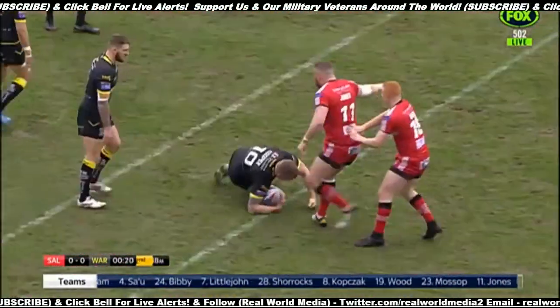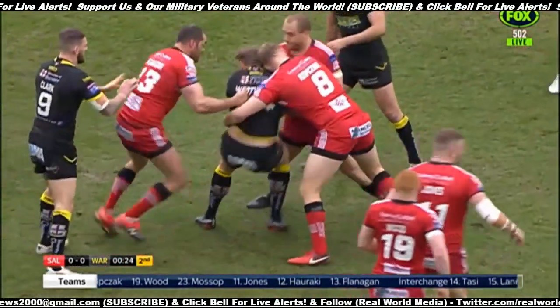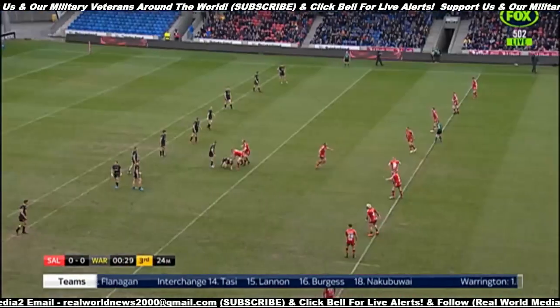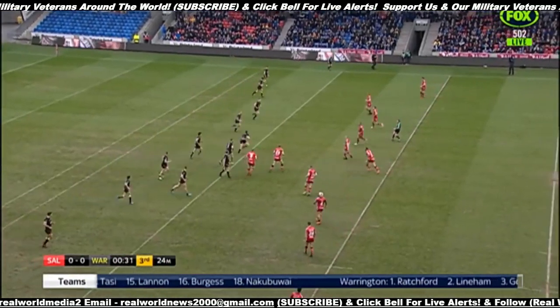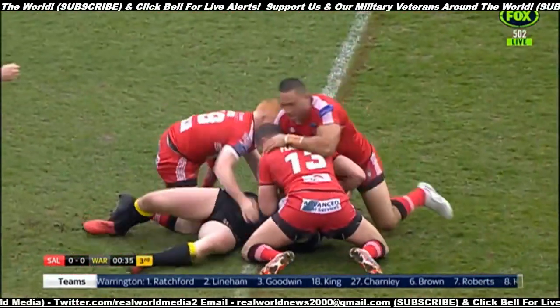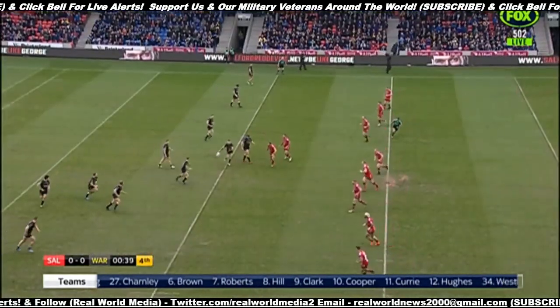They are good players, and there's a key responsibility to the man, Robert Lui. I don't think he's played fullback before. I can't remember him playing fullback, but he's the key man for this side. Anything good that's going to happen, it's going to come off the back of him in this game. Marking instructions out, the man that Terry is talking about is about 30-40 metres behind this play of the ball